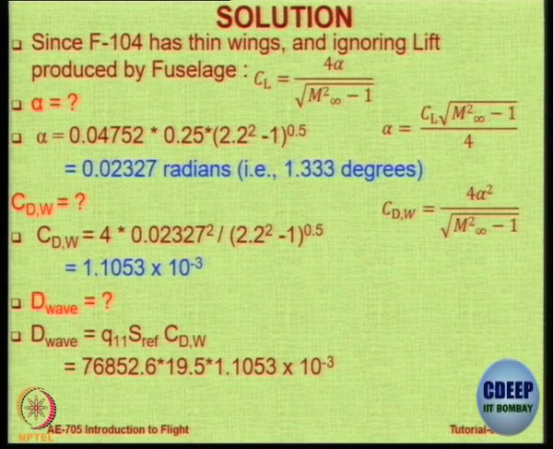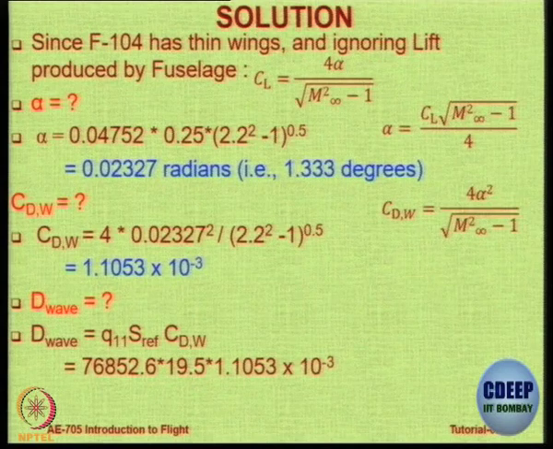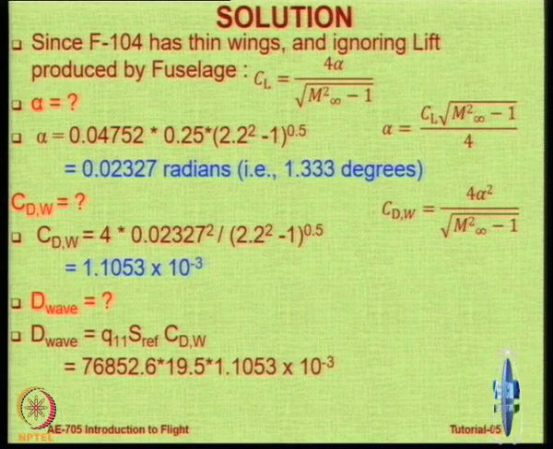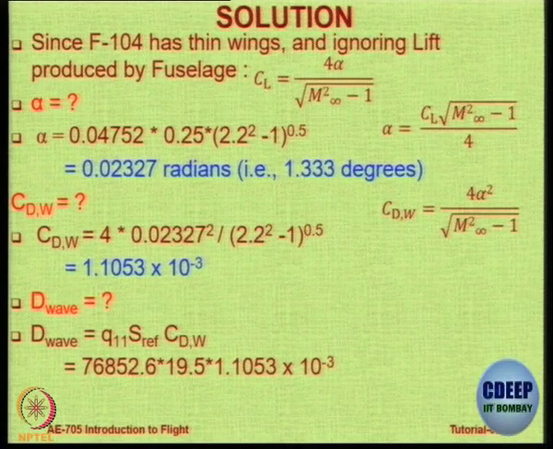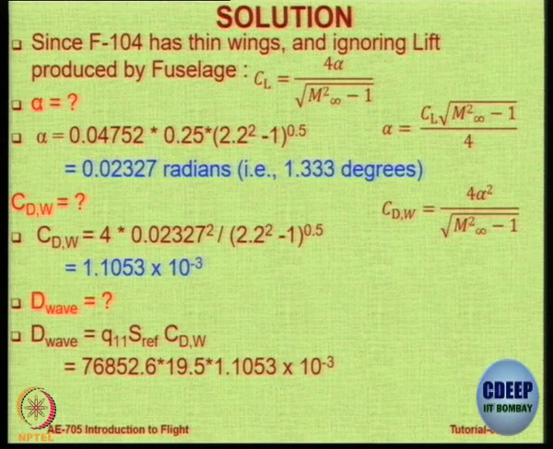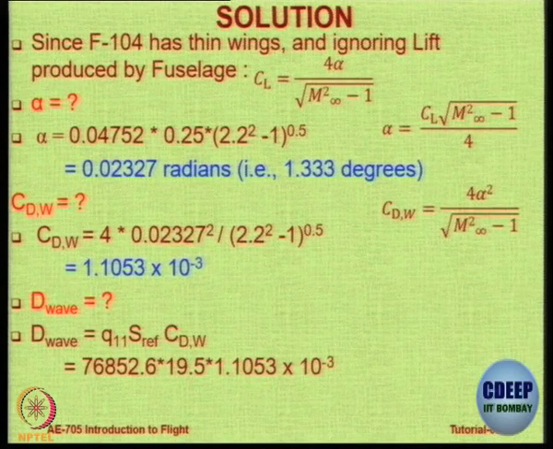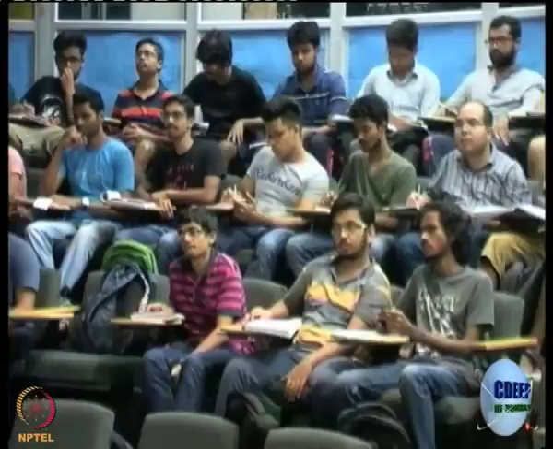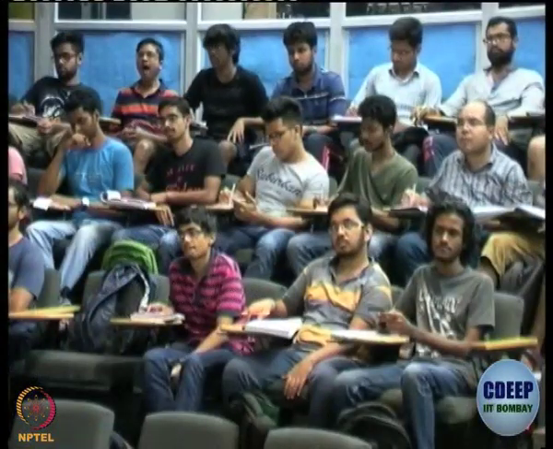Notice here I have not used g again because already it is in newton per meter square. So therefore the answer I'll get will be in newtons. It's newton per meter square into a dimensionless quantity. What's the value? How much? 1651. Approximately 165 kilograms of drag is acting on the aircraft just because of wave drag.